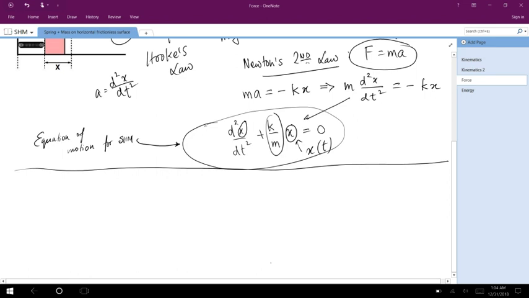Okay, so in order to find a solution to this differential equation, it makes sense that if we find a function x, which when we take two time derivatives looks sort of similar to the original function, then we will be able to solve this equation. So let's make an assumption. We will assume that x takes the form a times sine of omega t plus some delta. Okay, so this is just an assumption, and we will see if it lets us